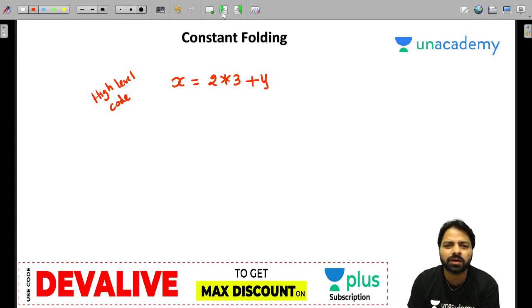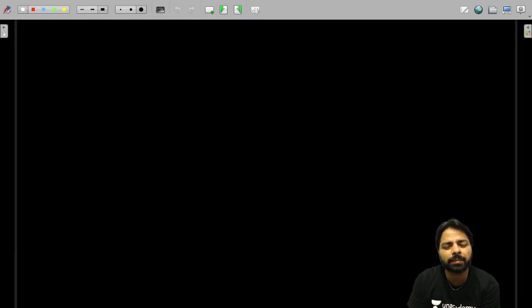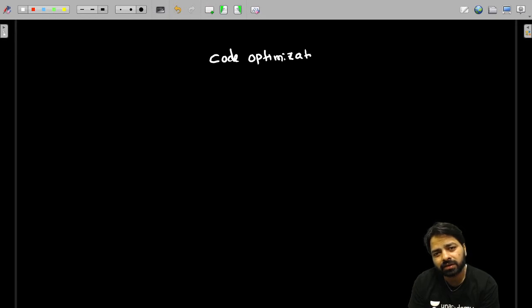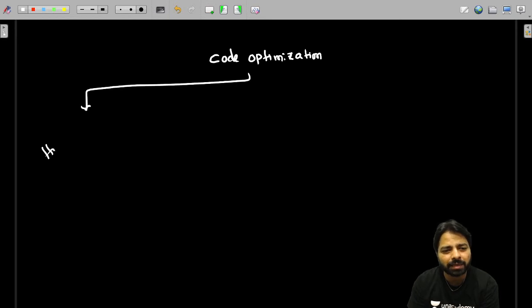One thing: these code optimization techniques can be applied to different programming languages. They can be applied on high level programming language, which is high level code optimization, and many techniques are applicable in all of them.